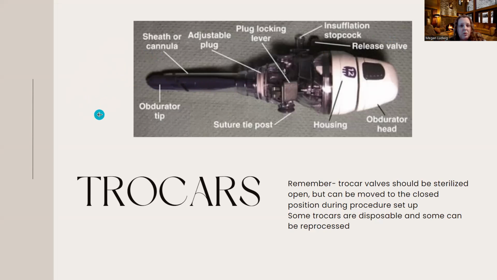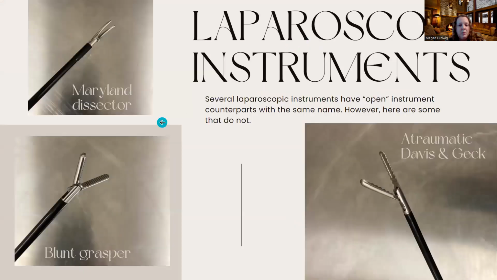So usually our insufflation gas is carbon dioxide. So I just wanted to point those out to you. So you just change the lever position to open or close. Now, I did put this little reminder here. Trocar valves, this insufflation valve right here, oops, let me go back,